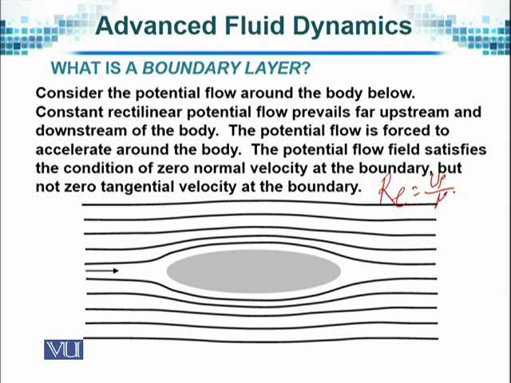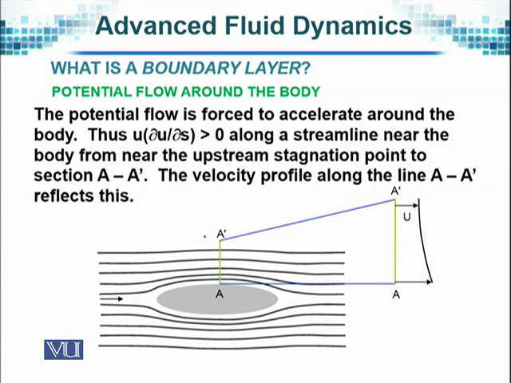If it is large enough, that means if the viscosity is small enough, then we find that the flow field can be separated into two parts. One is the boundary layer, which is in the close neighborhood of this solid body, and away from it, the fluid behaves as if there is no solid body present in the flow field, and the effects of viscosity are small because the Reynolds number is rather high. Then again there is a question, how high is the Reynolds number? The Reynolds number needs to be